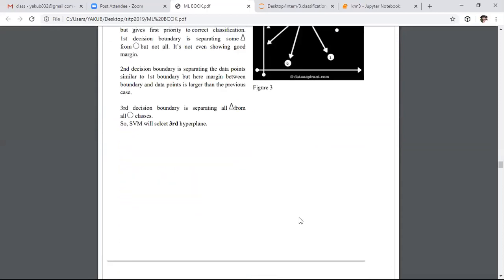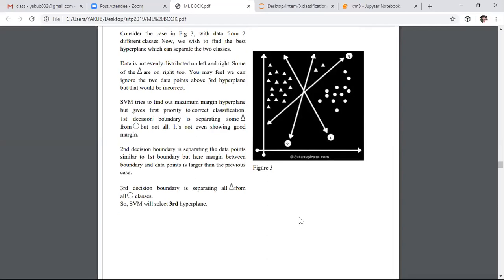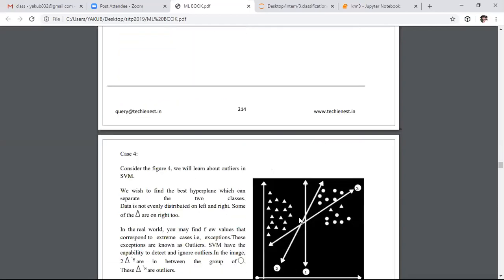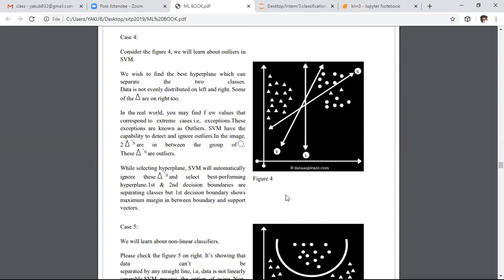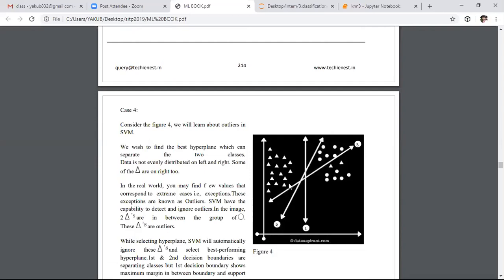So categorize points clearly or perfectly. Coming to this example, we need to choose the optimum hyperplane. Which one is the optimum hyperplane? If you observe hyperplane 1 and hyperplane 2, hyperplane 2 is highly closer to the category circular. It is very close to the circular points, which means it is a biased hyperplane. We need not choose this hyperplane. Whereas coming to this third boundary, it is not categorizing properly. It is not a good hyperplane.